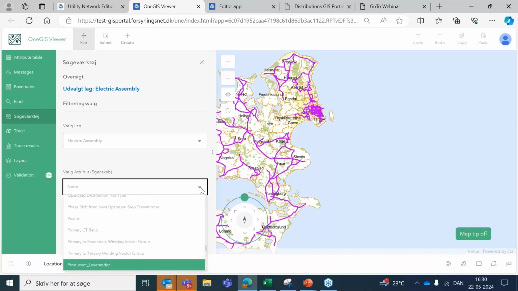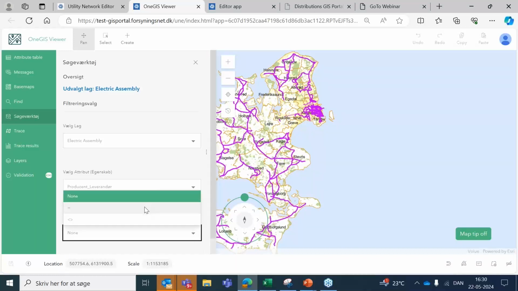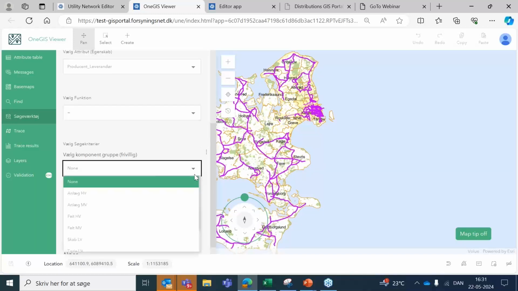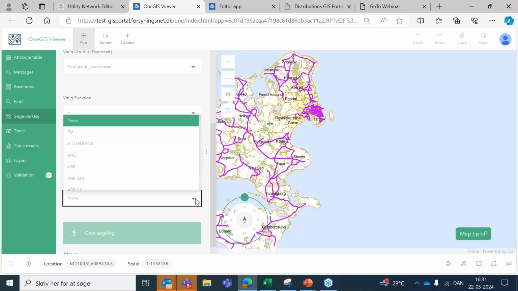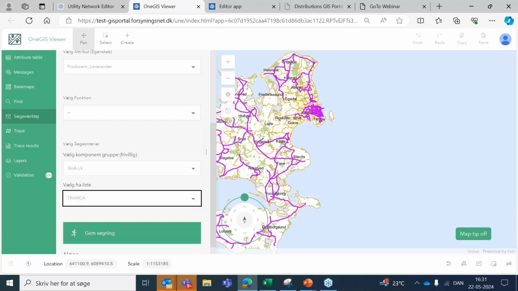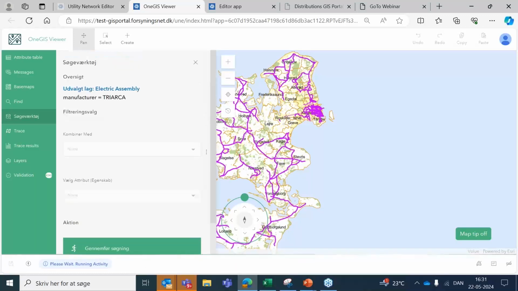So I click the P here, and I can say it should be the same as, and then it asks me what type it is. It was cabinets, and the cabinet should be a Triaca cabinet. So I click T, and it will bring me down to the list of cabinets, and here is a Triaca cabinet. So I can start the search, and it will return to me and say,